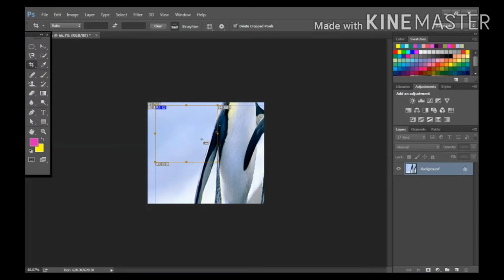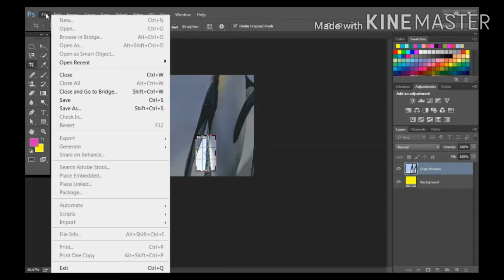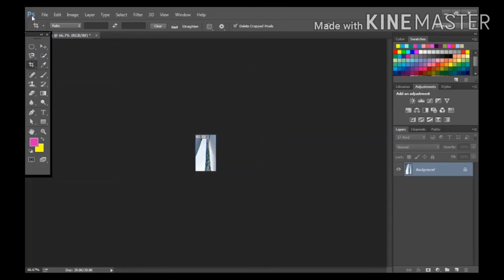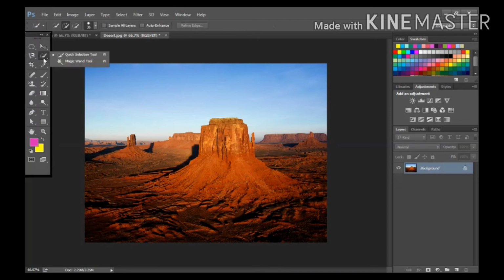If you want to change the brush size of the quick selection tool, it can be changed. First deselect it. I am opening one new file. Click here, select the quick selection tool.